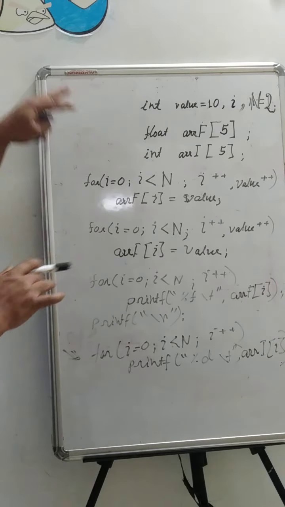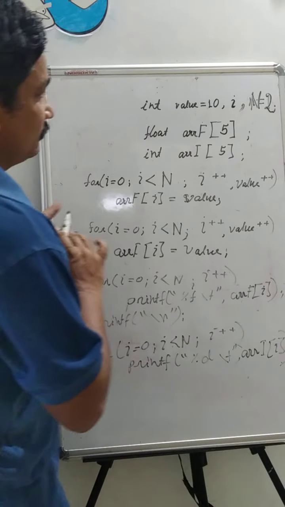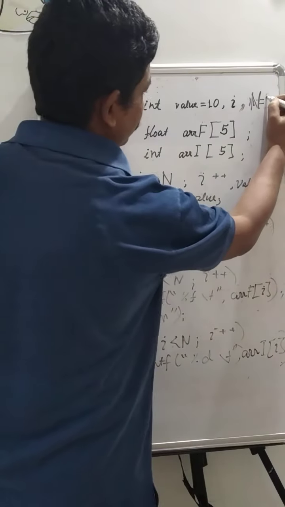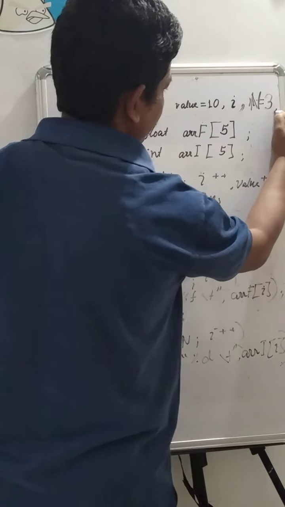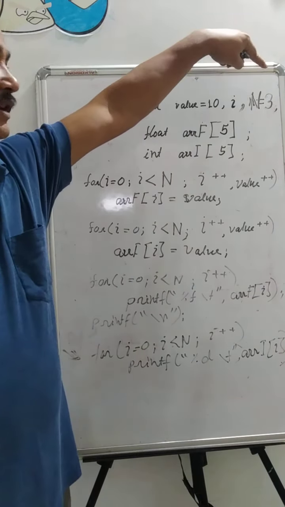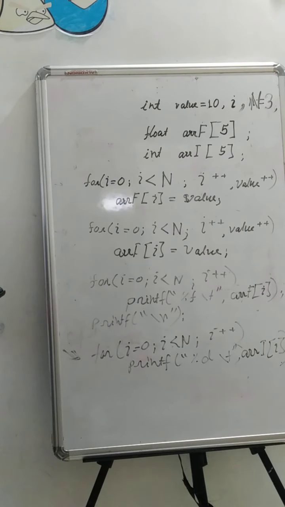Now if you feel that your program is working correctly, make a slight change in the program. Make this value 3. Observe, we have not made any other change here, only the value of n is made 3. Compile the program, run. Did any unexpected thing happen?